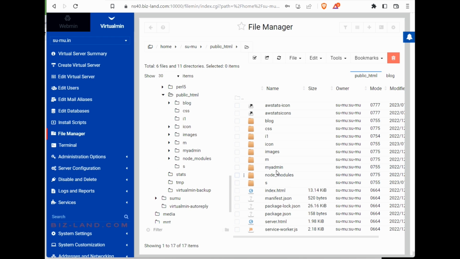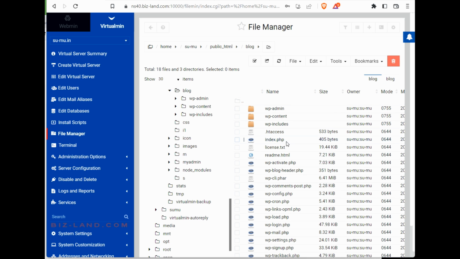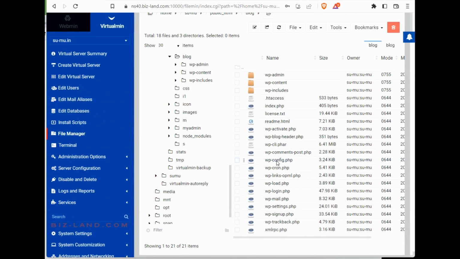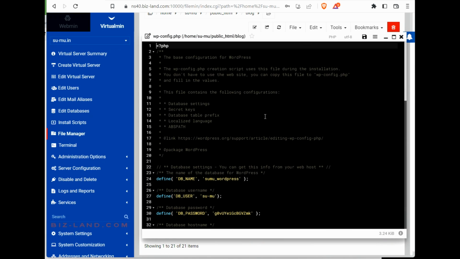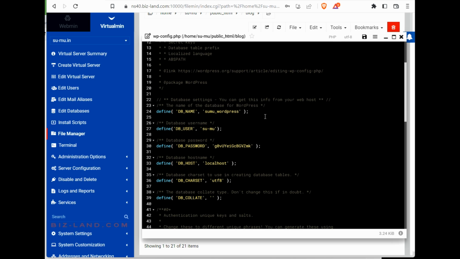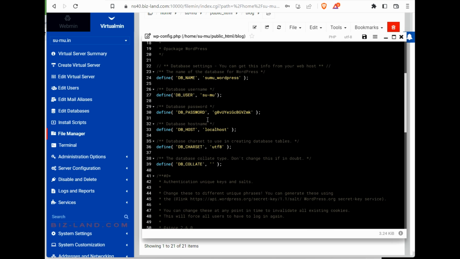do it through File Manager of Virtual Main. Open blog and open wp-config.php file for editing, and then go to where it says username and password and change the password and username. Let's first change the password. I'm removing the old one and putting the new password in, verifying it again, putting in the new password,